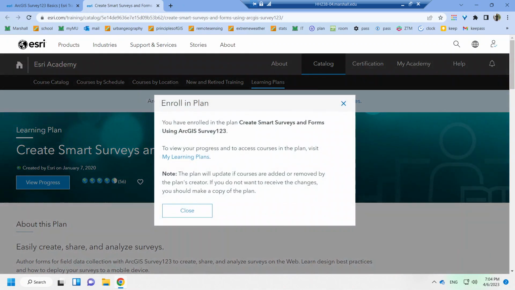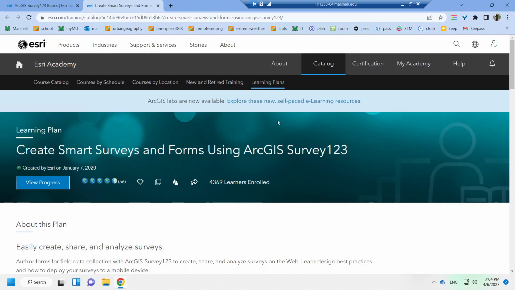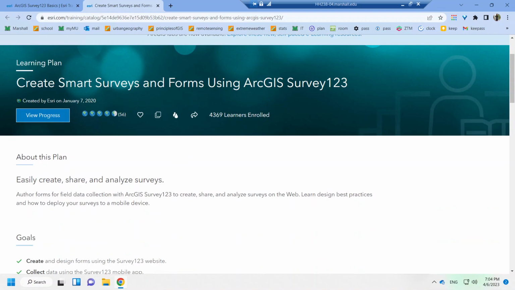It was created by, you have enrolled in the plan, create smart surveys and forms using ArcGIS Survey123. To view your progress and access courses in the plan, visit My Learning Plans. Note the plan will update if courses are added or removed by the plan's creator. If you do not want to receive the changes, you should make a copy of the plan. Close. Okay,